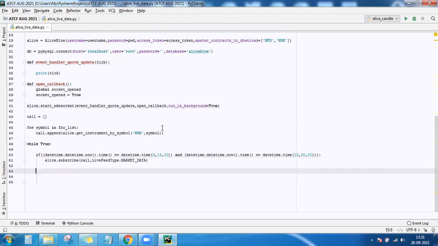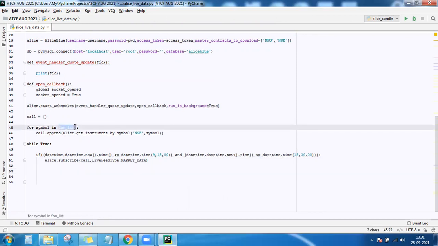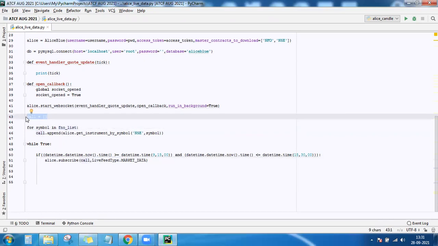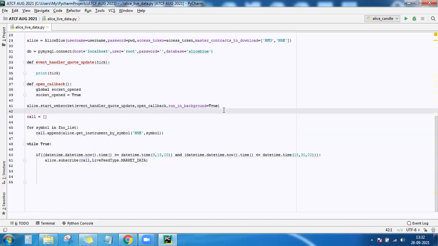So what we did is, whatever symbol list we already have, we took each symbol at a time, converted it into an instrument object using the inbuilt function, and appended it to an empty list. So this list now contains all the instrument objects of all the stocks which fall under the FNO segment.